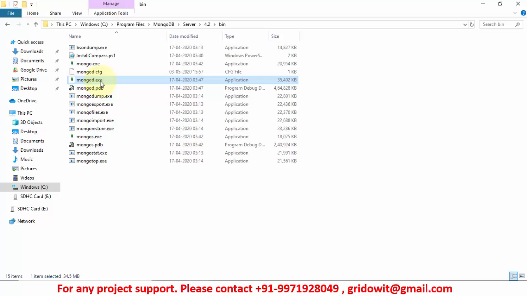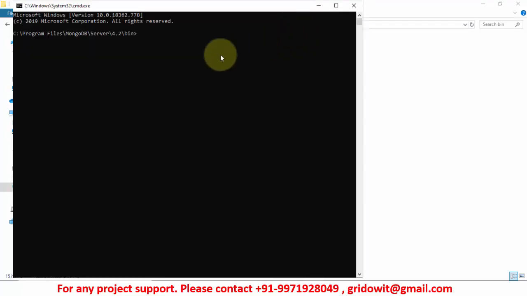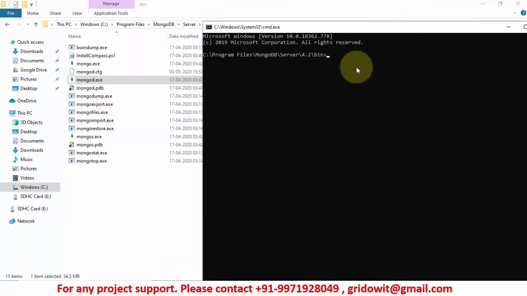So it's like running the database server. So let's open command prompt from here. We'll type cmd and hit enter. The command prompt will directly open at this bin location. Now if I first run